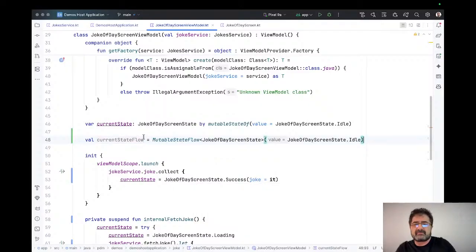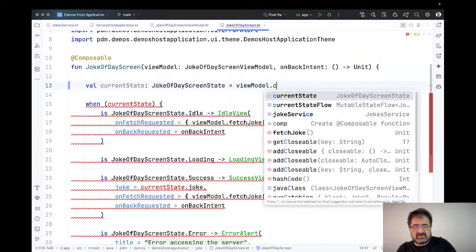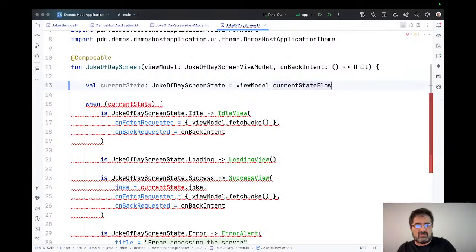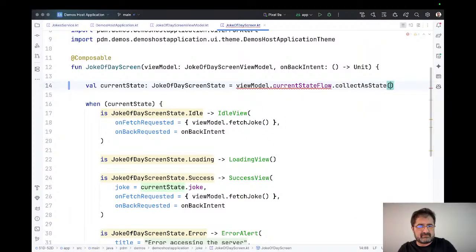So here, I'm going to use on my client, on my UI, instead of doing this, current state flow, collect as flow, as state. Okay? So this,